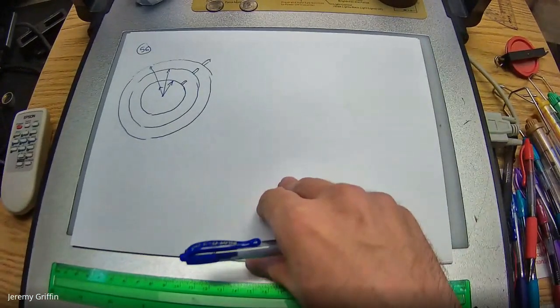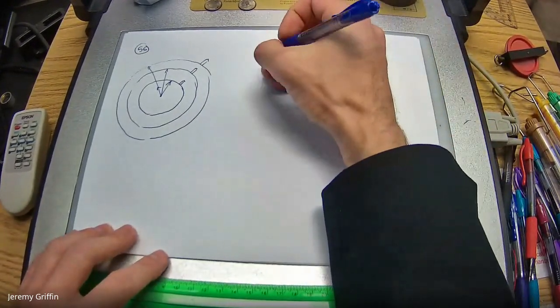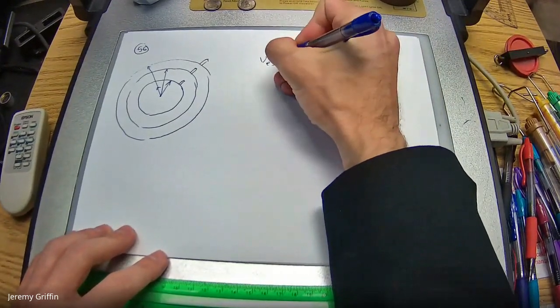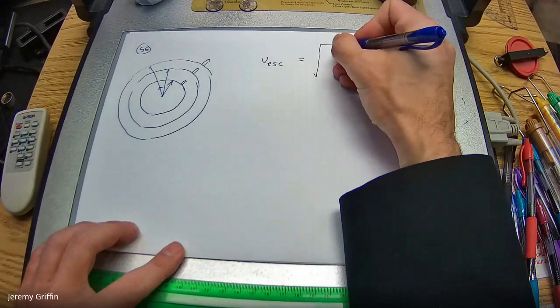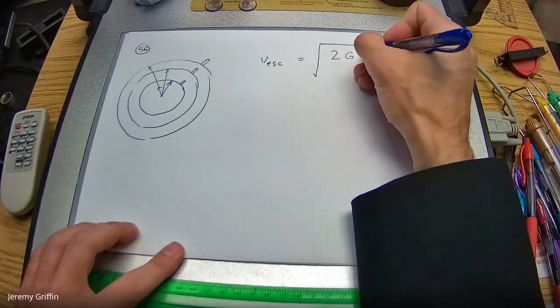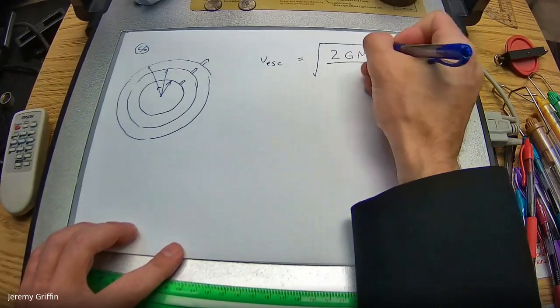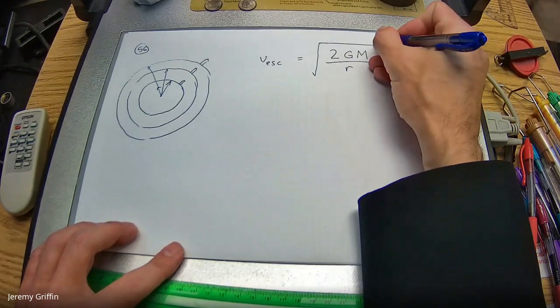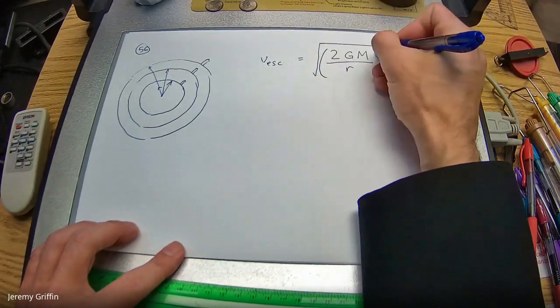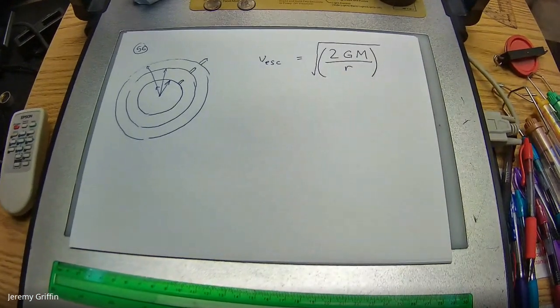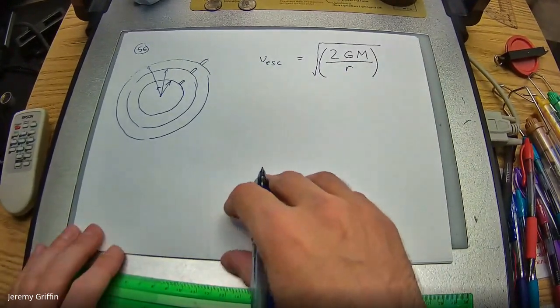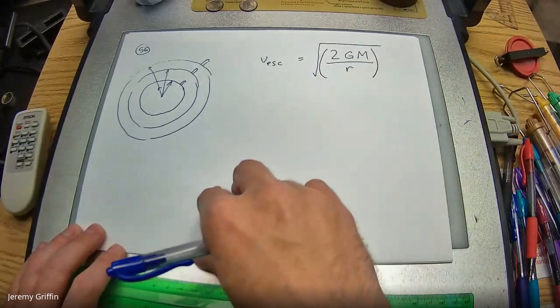Now, let's get the escape speed formula. This is something that I'll actually derive for you guys in the future using conservation of energy. Your textbook order and how I'm used to teaching in this class is different from AP order, so there's a few topics that are a little bit out of order.